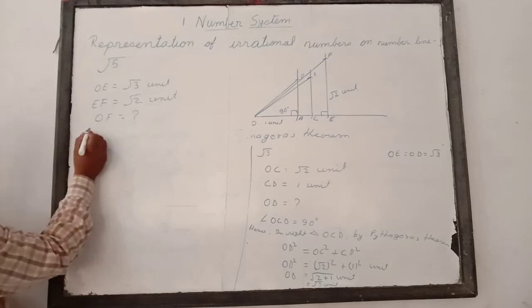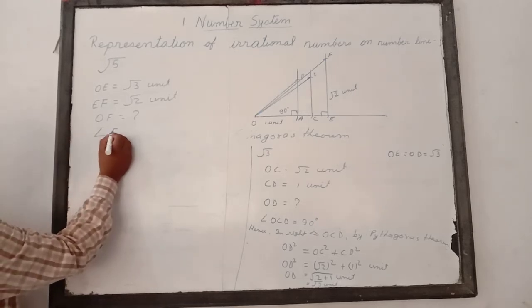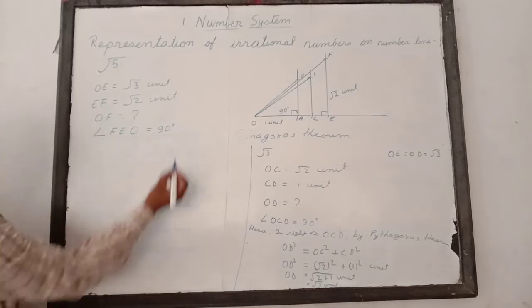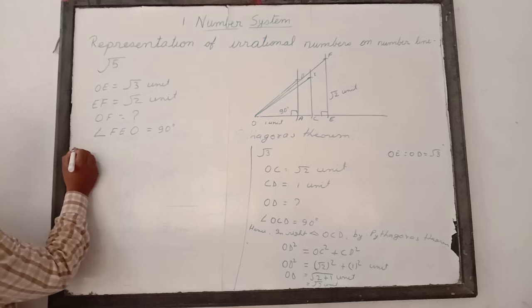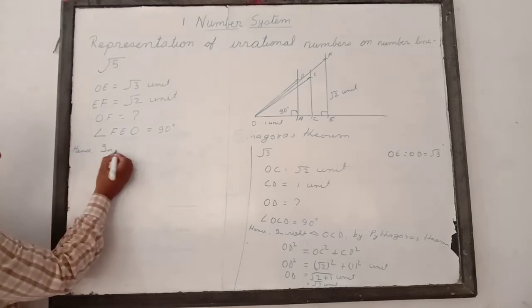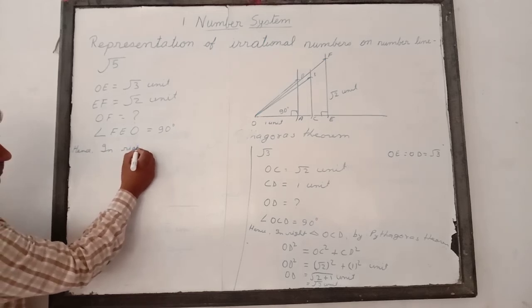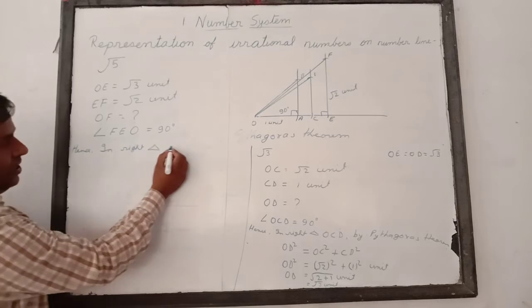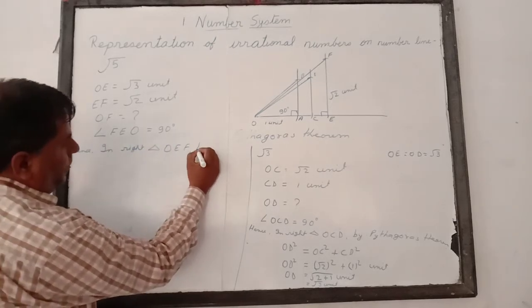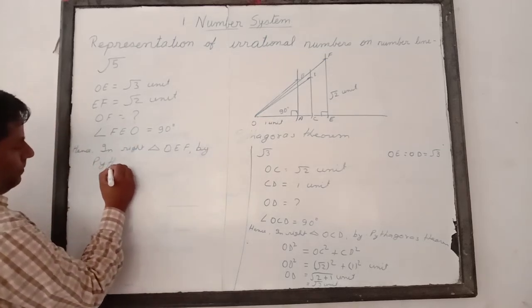So we can write, since angle FEO is equal to 90 degrees, hence in right triangle OEF by Pythagoras theorem,